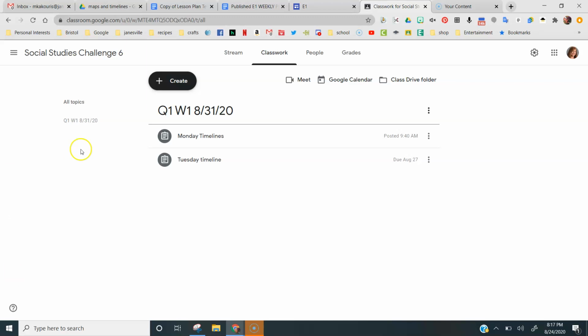So what I'm looking at right now is my classwork tab for my social studies class. You'll see we've decided that we're going to talk about which quarter it is, which week in the quarter it is, and then the Monday date as our topic. So our topics will get listed over here on the left, and that will be a way for the kiddos to double check